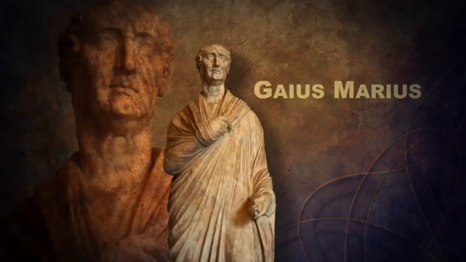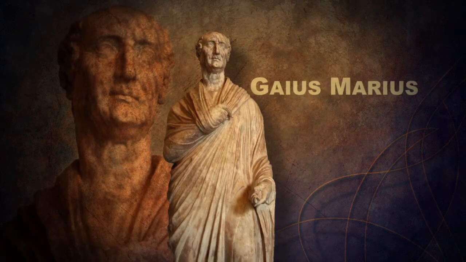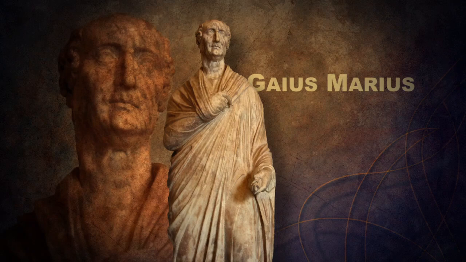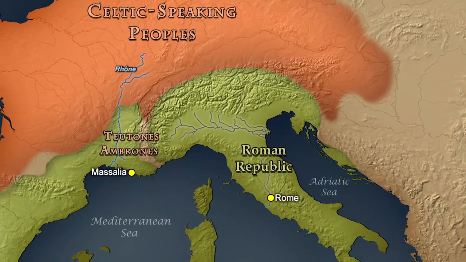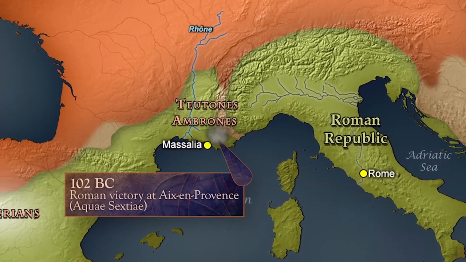In 102 BC, a group of Teutones and another tribe called the Ambrones moved south to threaten the Po Valley. But this time, they had picked the wrong Roman general to go up against. The Roman commander was Gaius Marius, who is most famous today for having reorganized the Roman army into a professional fighting force. Marius drove the Teutones and Ambrones back up into Gaul and caught them near Aix, where he encircled